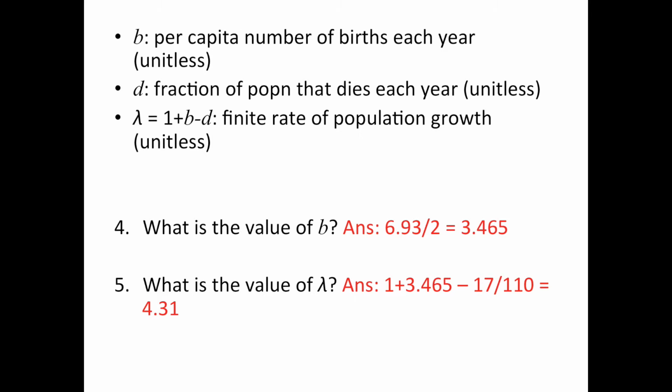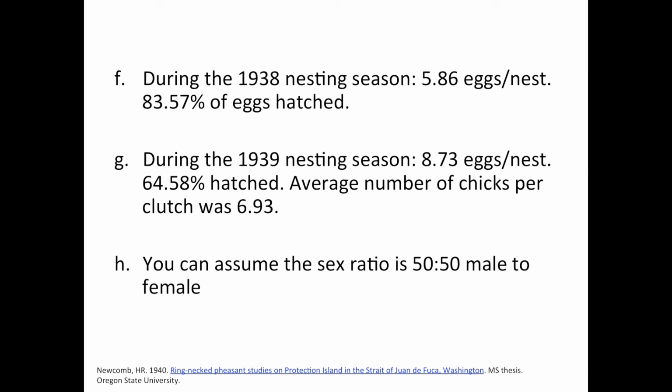And then for the value of lambda, that's just a simple matter of plugging in your estimate for B and your estimate for D, and we get 4.31 for the answer there. So you'll see that there was a bit of information that was a red herring. We had information on the number of eggs per nest and the percentage that hatched. Just because a chick hatched doesn't mean it's going to survive the first year, and that's the number that you